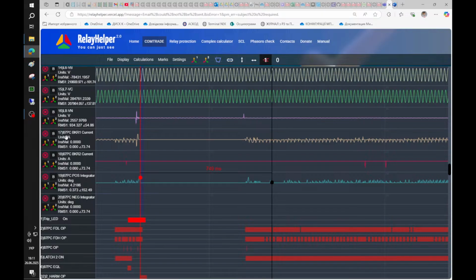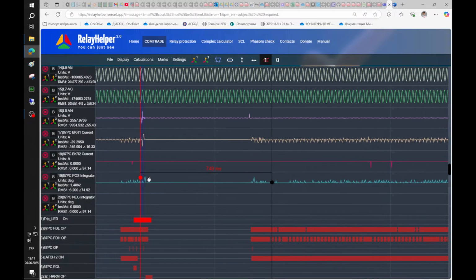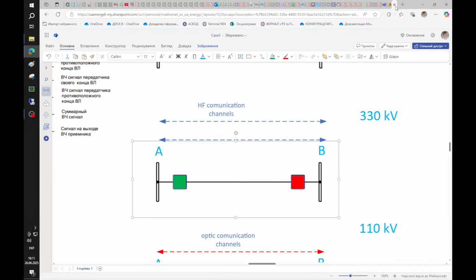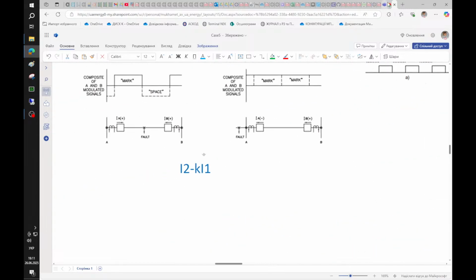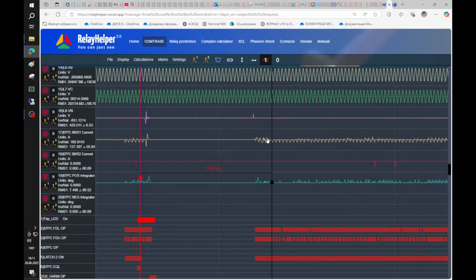So this 17 channel is this combined channel, and I can say that this value, 137 amperes, is not enough to trip, so it's set much bigger, and after that case the protection was tested,